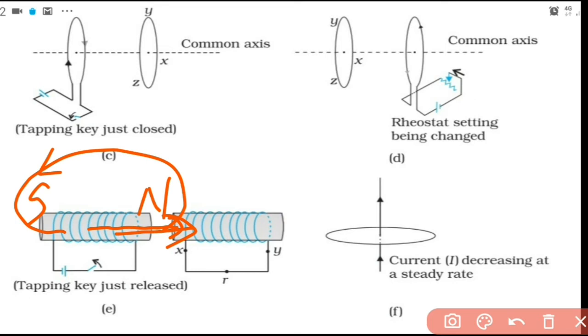So with respect to the second coil, there is a decrease in magnetic field which is in rightward direction. So induced current should flow in such a way that it produces a magnetic field towards rightward, because here field is decreasing, so it should increase the field. For that, the induced current should flow in such a way that it produces a magnetic field in rightward direction. So induced current should flow in the direction X or Y. So on that side we can see the current flow is in clockwise direction. So here the direction of induced current is X or Y.